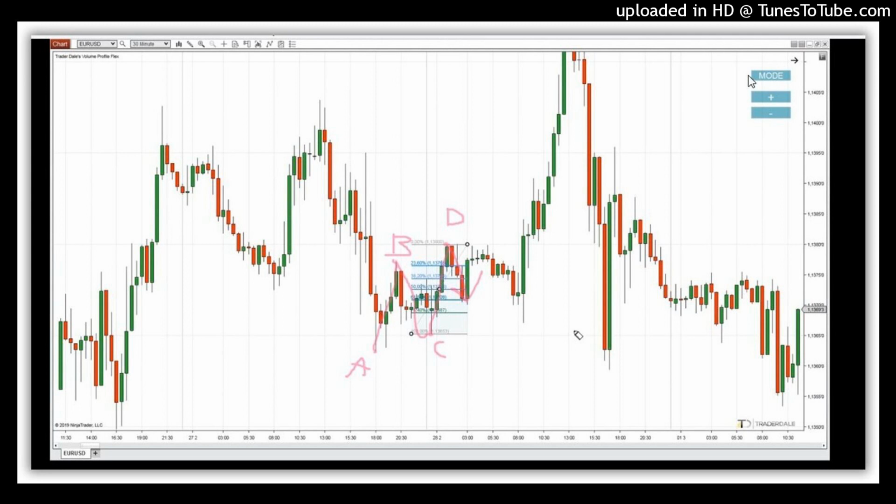So now you move the tool like this, and this will be the short. So you wait for the price to hit this level. This will be the D, and from there you go short. A, B, C, D, short. Now another one